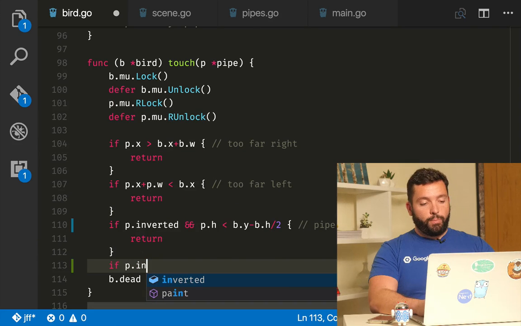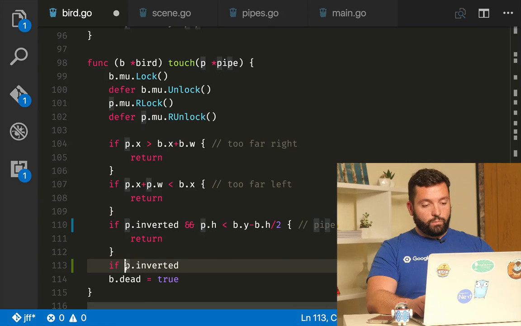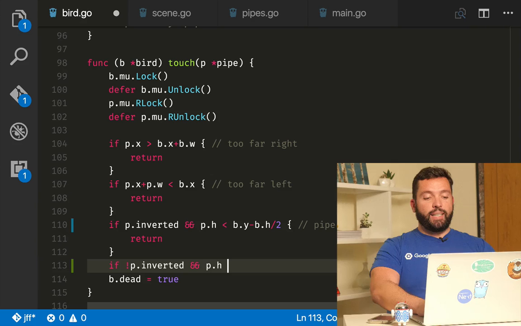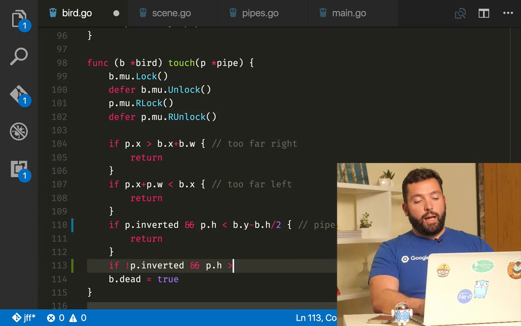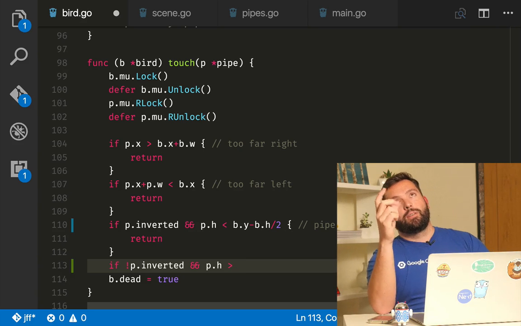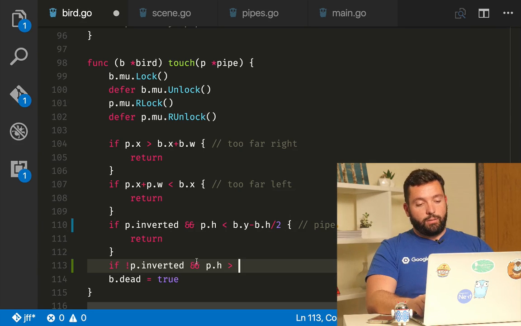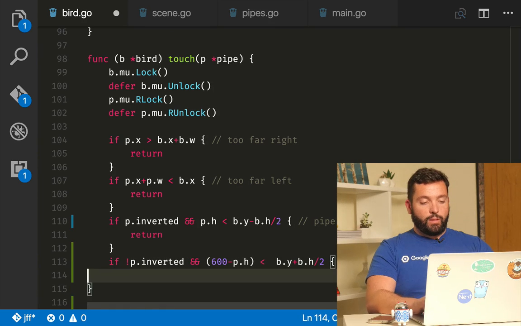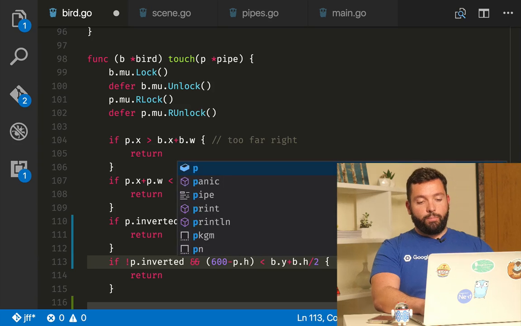But then we also need, if the pipe is not inverted and the height is higher than, let's think about this. The height is, so 600 minus the height is less than the position plus the height, return. So that should be pipe